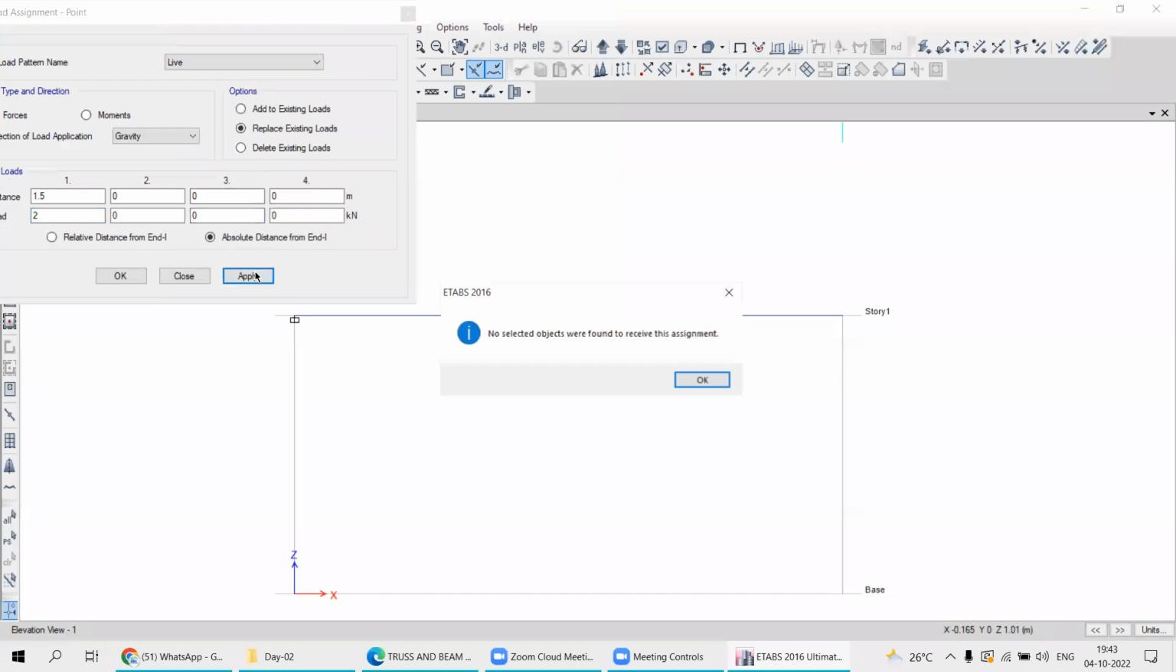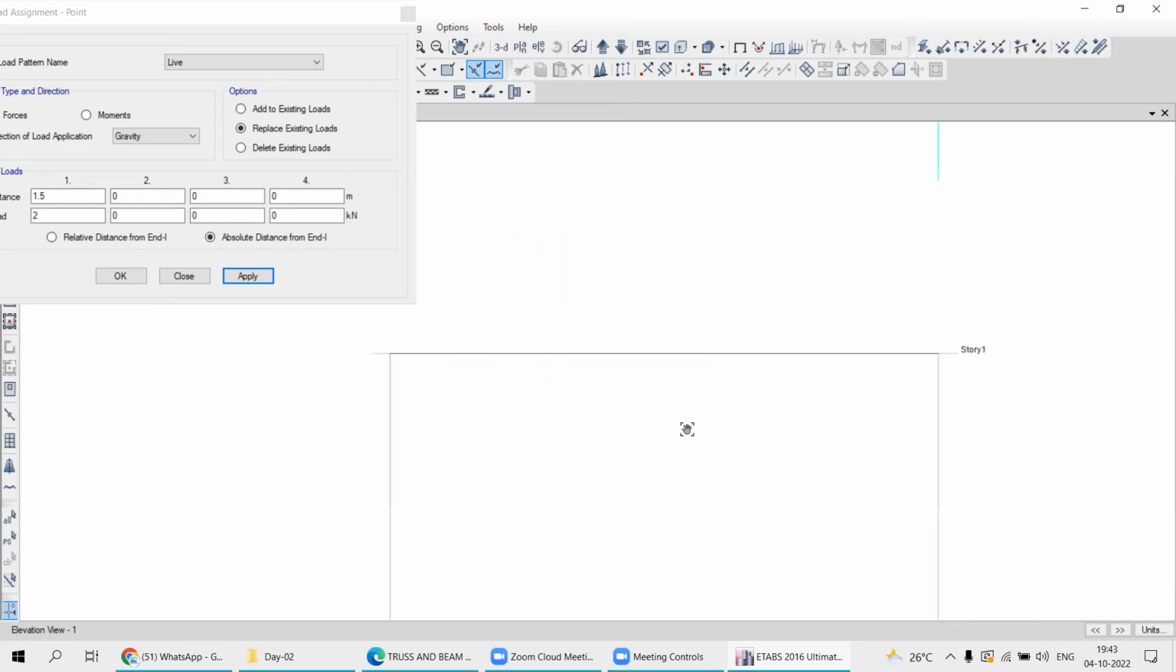Let's say apply. Sorry, the frame is not selected. At a distance of 1.5 meter, I have to assign the load of 2 kilonewton. Let's say apply. Now it is done. Clear? So this is the way to assign the point load over a frame, not over a joint. That is one thing. Second thing, I have to assign the